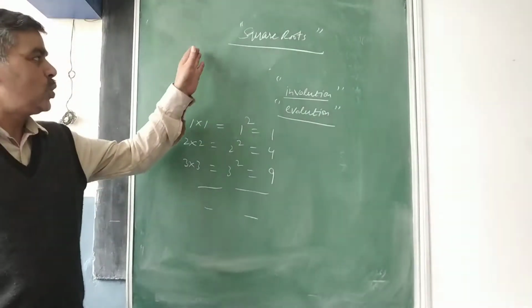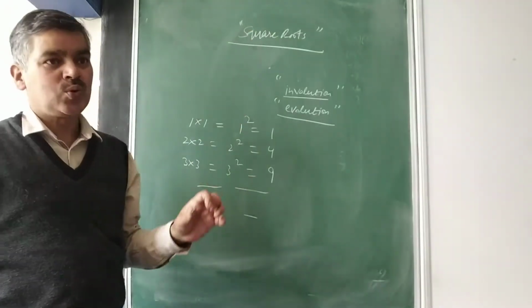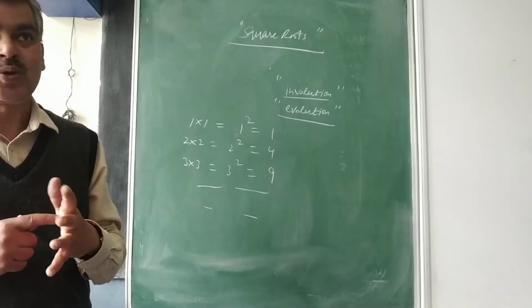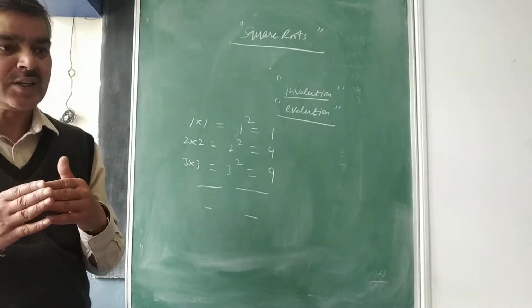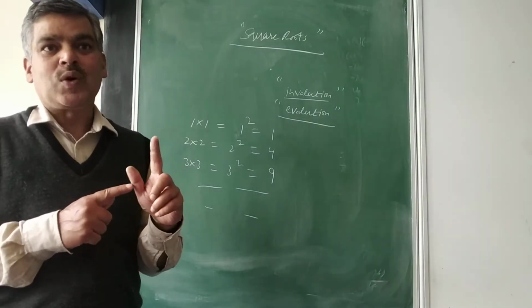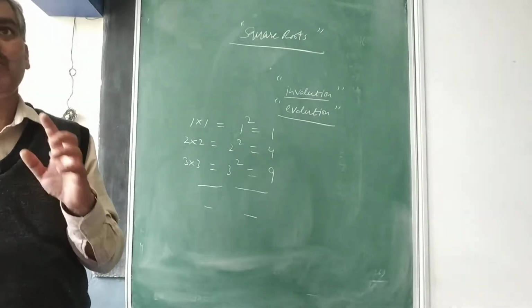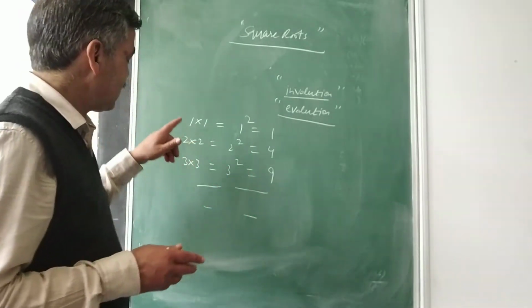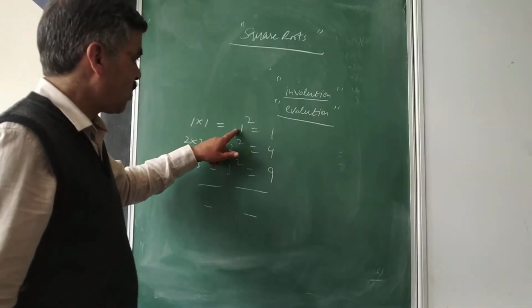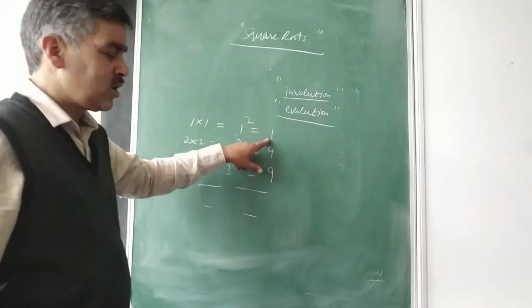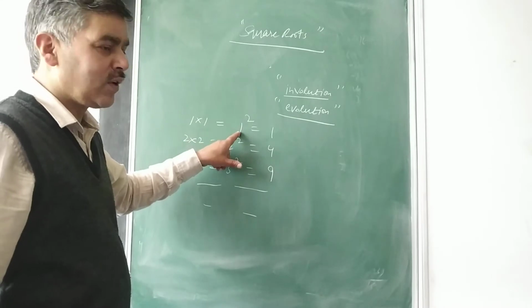Now there is a relation which I need to learn today to clarify this word square root. Square root is related to squares. How are these connected with each other? The opposite of addition is subtraction. The opposite of multiplication is division. Similarly, the square of 1 is 1, so 1 is the square root of 1.